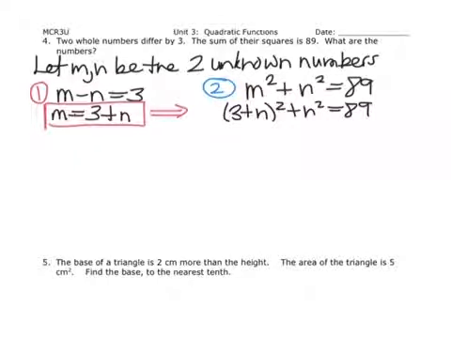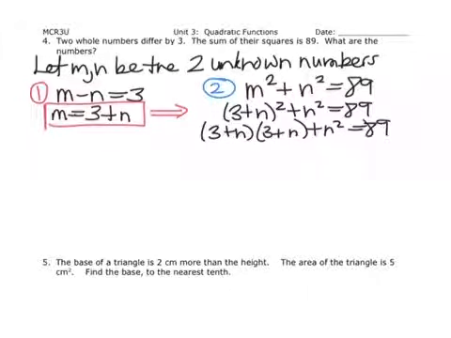3 plus n all squared, well that's the same thing as saying 3 plus n times 3 plus n, all plus n squared equals 89. So let's expand this very quickly. I'm going to skip some steps and collect like terms. Once you simplify it, it should be 9 plus 3n plus 3n, which is 6n, plus n squared